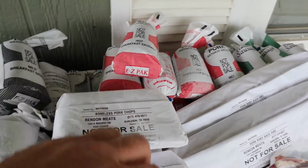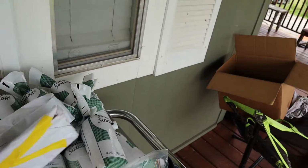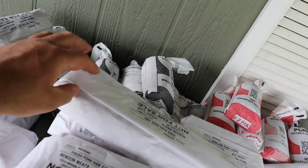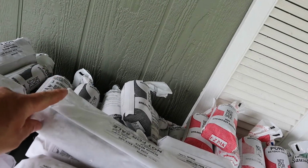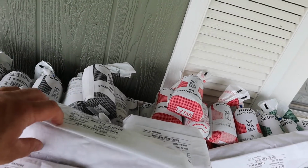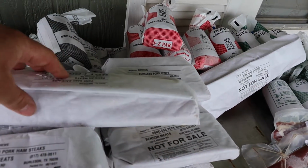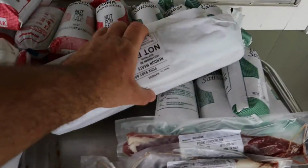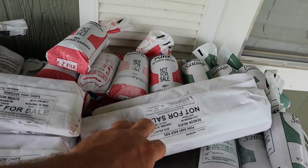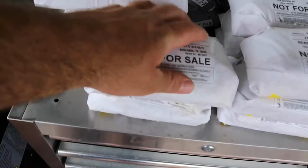Some of them are bigger than others, obviously, because the pork chops come off of your baby back ribs. If you had a bone-in pork chop, the bone on the pork chop is what this rib right here is. So we wanted baby back ribs, so we did boneless pork chops, and 2 racks of baby back ribs. One of my favorite things to cook on a pig is baby back ribs. The 6 ham steaks, 2 packages of spare ribs,